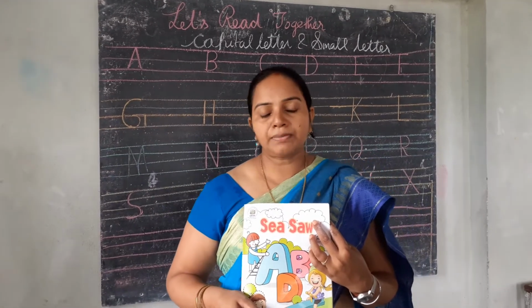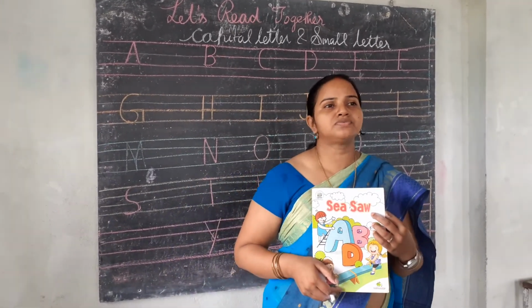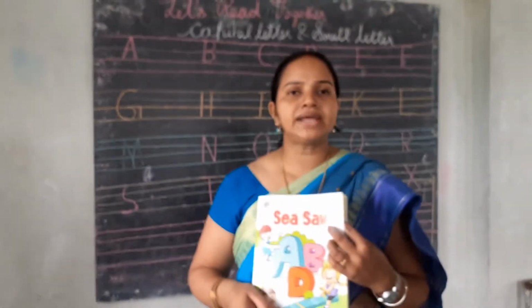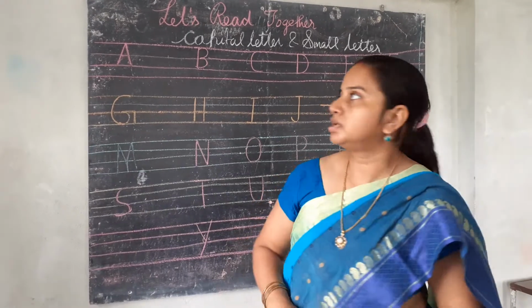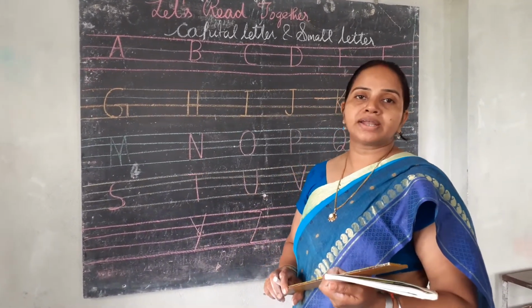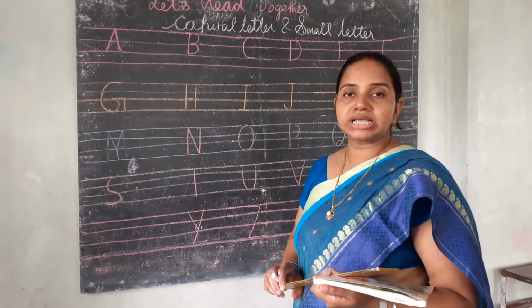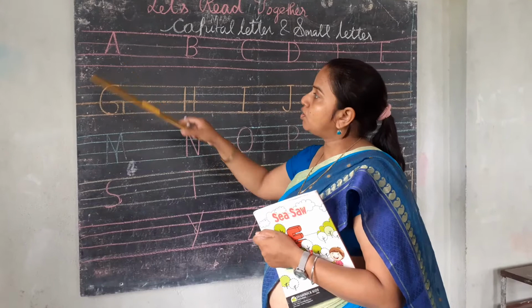Okay, now coming to the alphabets, we have how to write these alphabets. So the alphabets which have been given on the board are your capital letters. We all know, we have learned how to write the capital letters in our nursery classes. So we'll just read it out. So A, we all know how to write it.